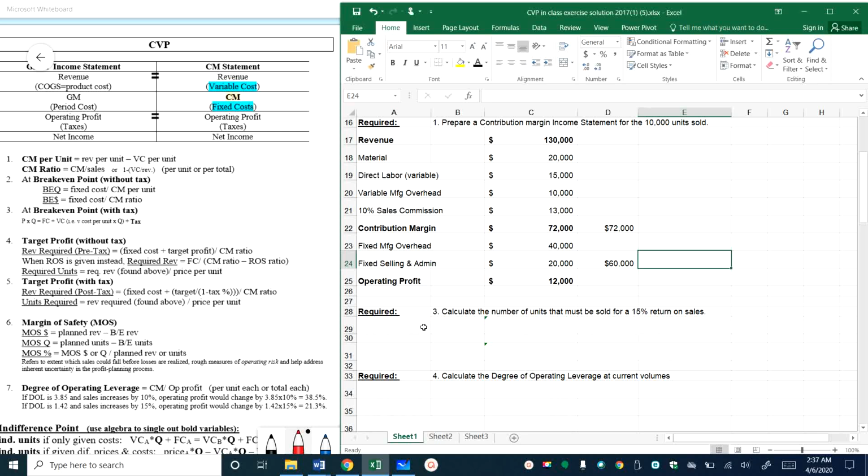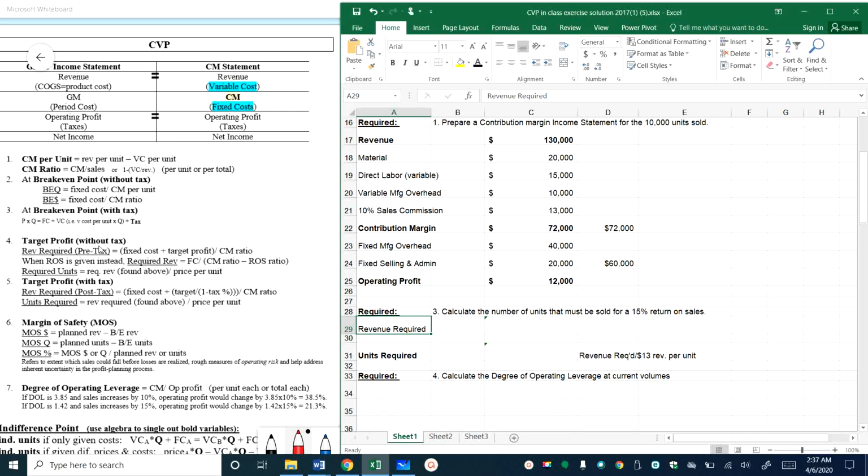Okay, so to find the number of units that are required, we know that units required equal required revenue divided by price per unit. However, we don't know required revenue yet, so we're going to have to find that first. And so we're going to use the second equation for required revenue. The reason we're not using any of the others is because they don't mention tax anywhere, so we're going to